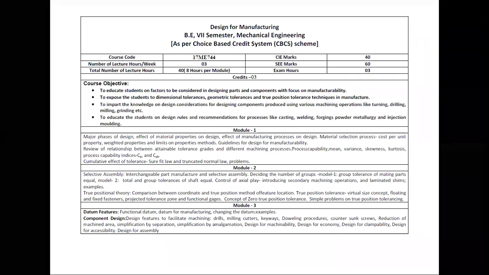Yesterday, Niranjan sir and I met HOD sir. We had a discussion. Sir has told that by next week, students need to finalize the elective which one they want: design for manufacturing or smart materials.